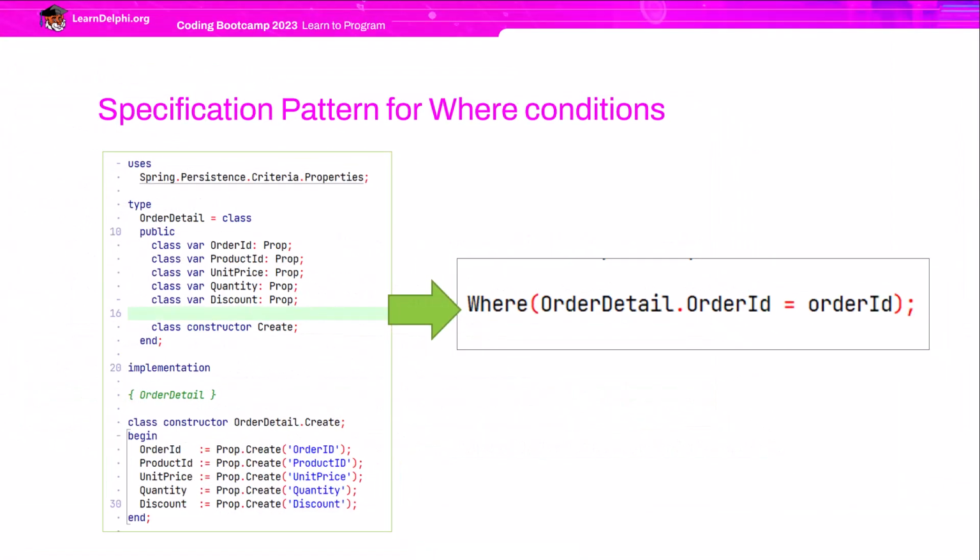The where condition is implemented using the Prop record from Spring Persistence. With the help of implicitly implemented operators, it returns a valid instance of ICriterion, which can be passed as the desired query specification. I prefer using this approach to avoid typing strings, especially here, as the string should correspond to the field name in the database, not the property name. You must have already realized that this would lead to various bugs during development. So, aside from serving as syntax sugar, this approach also helps prevent bugs.